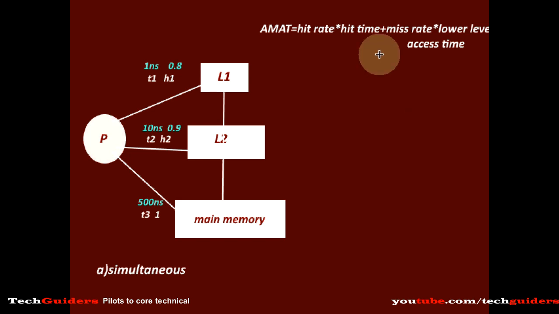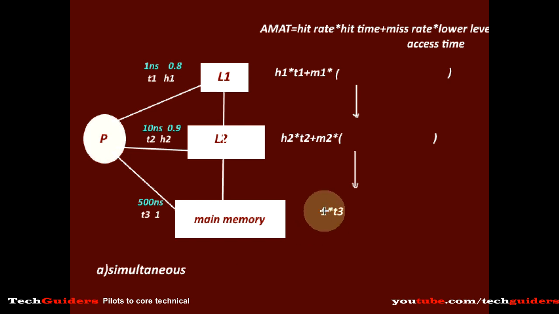The average memory access time general equation is hit rate into hit time plus miss rate into lower level access time. At L1, if it is a hit, the time taken is T1, and if a miss, the time taken is lower level access time. At L2, if a hit, the time taken is T2 because this is simultaneous access, and if a miss, the time taken is lower level access time. Next lower level at L3, if a hit, the hit rate is 1, the time taken will be T3 because this is simultaneous access. So the equation is